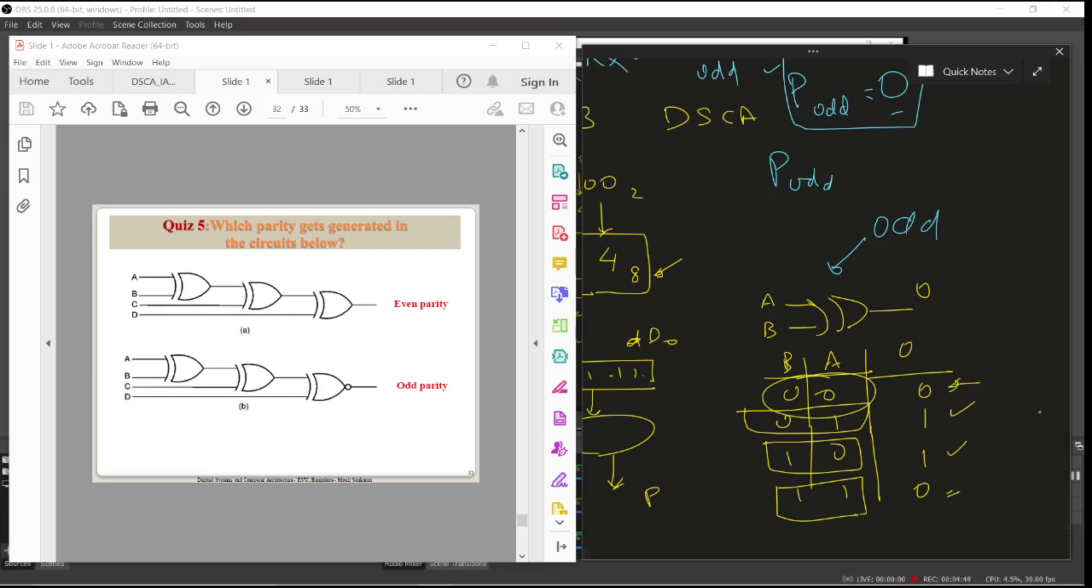In another form, we can consider the XOR gate as counting the number of ones and generating an output 1 if there is an odd number of ones. If an odd number of ones are there in the input, it is going to generate an output 1. So if I am using the XOR gate and I want to generate parity, what will happen? Suppose I have an input,